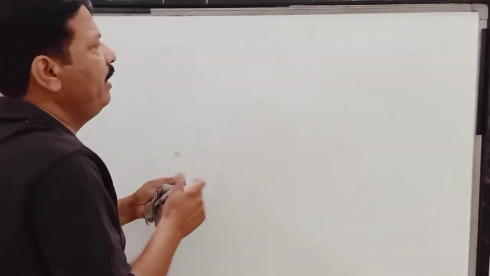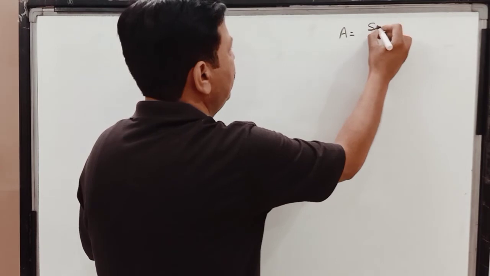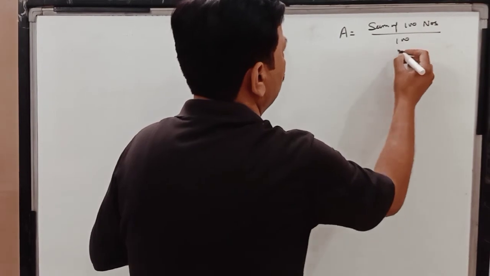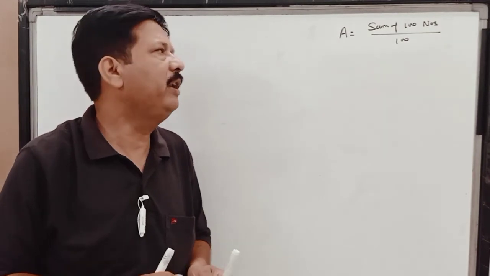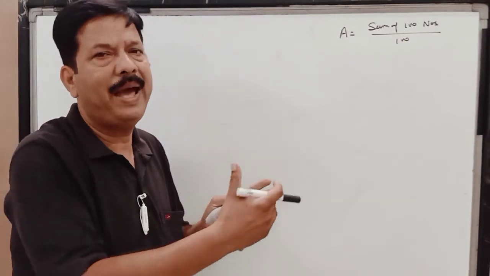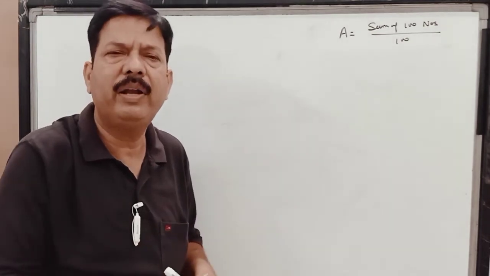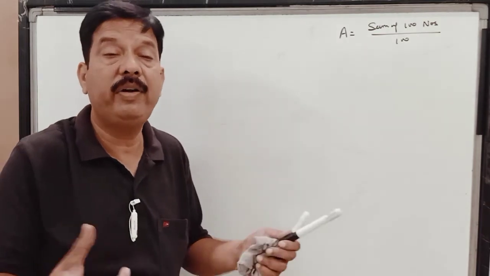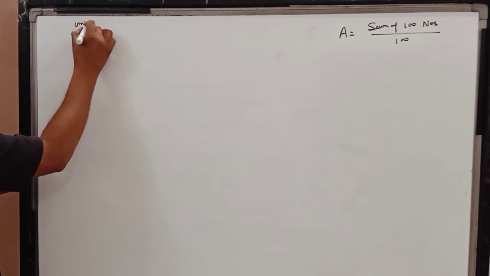So children, the program is that you have to find A, which is the sum of 100 numbers upon 100. So you have to enter any 100 numbers, and then you have to add these 100 numbers, and then you have to find their average. Now children, in this program you cannot do it by the parameterized input which we were doing. Like in previous programs, I was just inputting one number and I was asking you to enter a number. So you said public void main int n, but here we have to enter 100 numbers. So this is not possible. So for this, we are going to do this program through the scanner class.